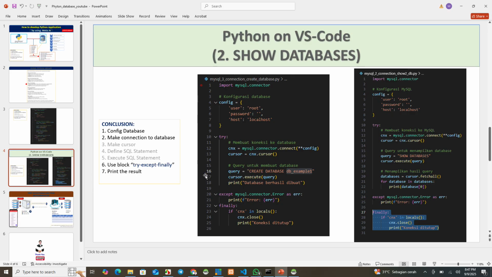And then we execute this SQL. This is cursor.execute query, which means to execute the SQL statement. And then print the result. If this one is already finished, we make information, but the information is "database berhasil dibuat".